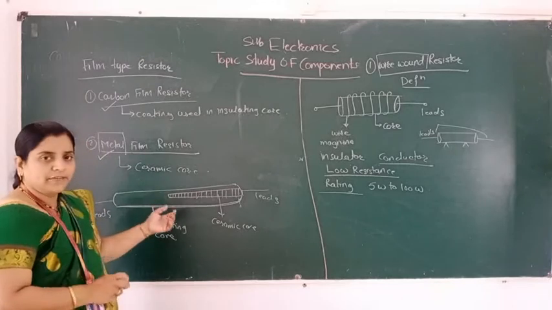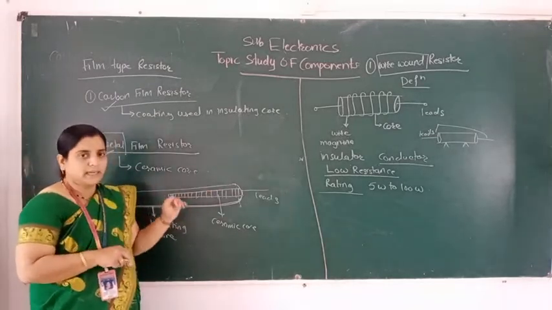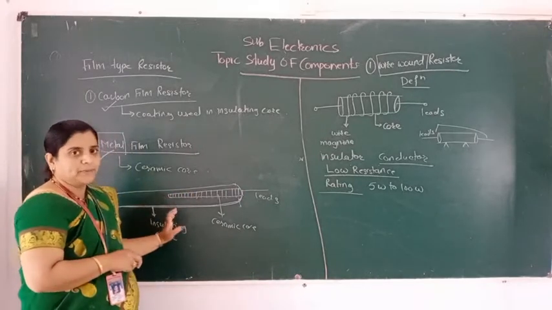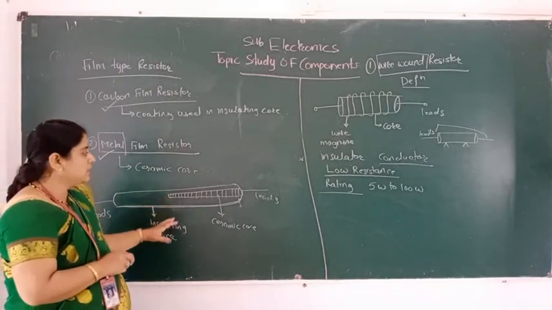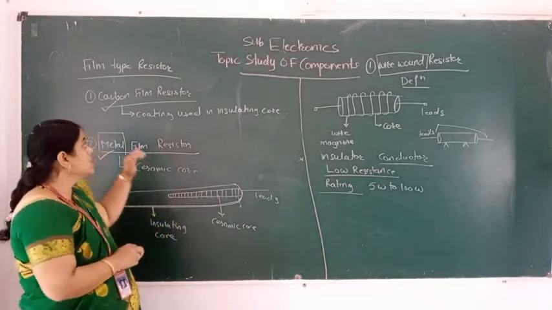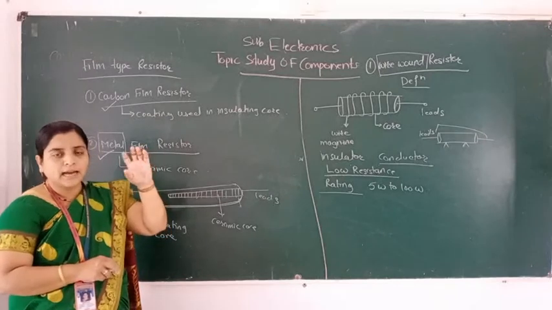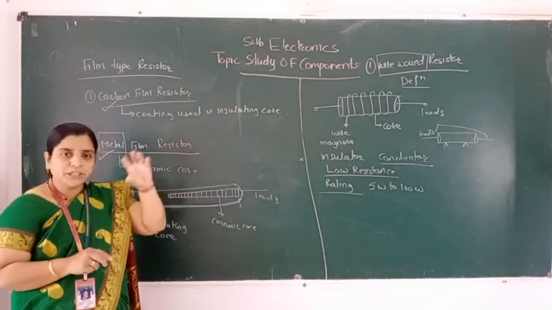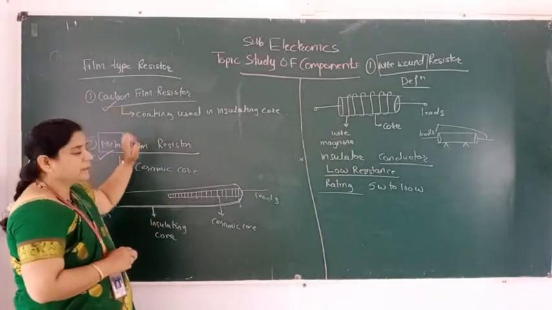शॉक लागत नाही. Therefore, insulating material मध्ये काय इन्सर्ट केलेले आहे? Ceramic core इन्सर्ट केलेले आहे. That ceramic core is nothing but the metal. Therefore it is called metal type resistor. Okay, so metal is used in the metal type resistor, म्हणून त्याला काय म्हणायचं? Metal film resistor म्हणायचा. आणि कार्बन film resistor मध्ये कार्बन इज यूज्ड. कार्बनचे फिल्म तयार केलेले असतात, अशा शीट्स तयार केलेले असतात. ते कार्बनचे शीट्स त्याच्यात इन्सुलेटिंग मटेरियलमध्ये यूज करतात. त्याला म्हणायचं कार्बन फिल्म रेजिस्टर.